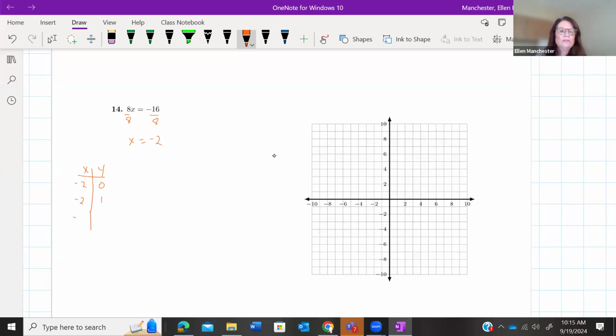And I always go a 0, a positive value, and a negative value, just so I have it on both sides of the line. So here we go. -2, 0. -2, 1. -2, -1. I could have -2, 10, or -2, -10. But what you end up with,